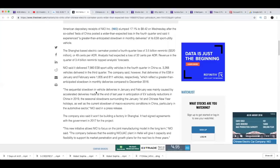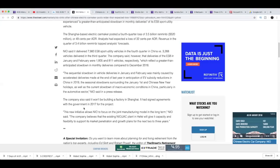The sequential slowdown in vehicle deliveries in January and February were mainly caused by accelerated deliveries made at the end of last year, in anticipation of EV subsidy reductions in China in 2019, the seasonal slowdown surrounding the January 1st Chinese New Year holidays, as well as the current slowdown of macroeconomic conditions in China, particularly in the automotive sector, NIO said in the press release. And some other bad news is the company also said it won't be building a factory